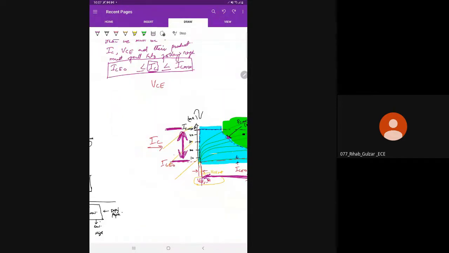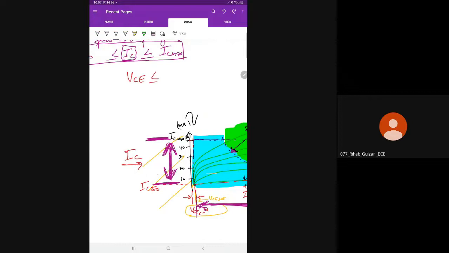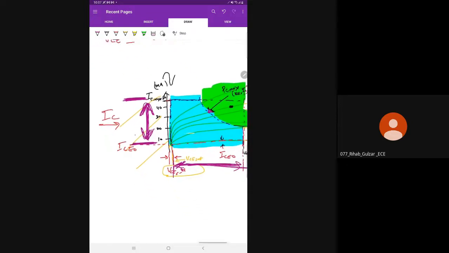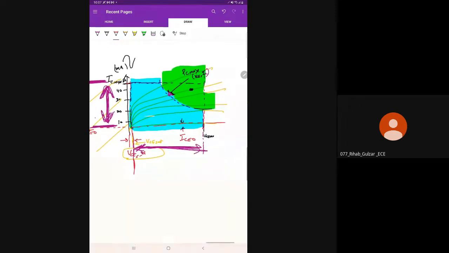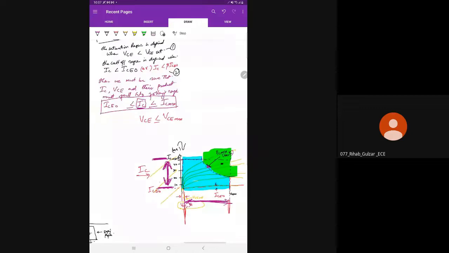VCE max, and it should be greater than this point. ये इस पॉइंट से ज्यादा होनी चाहिए। What is this point? VCE saturation, VCE saturation। तो ये होगी इसकी दूसरी इक्वेशन। जब आपके पास कर्व्स नहीं होंगी अवेलेबल, तब आप ब्लाइंडली